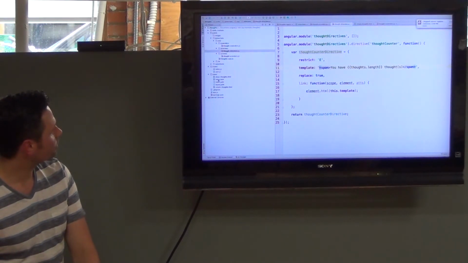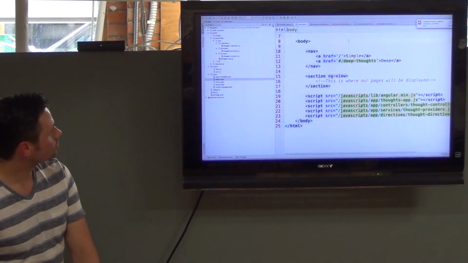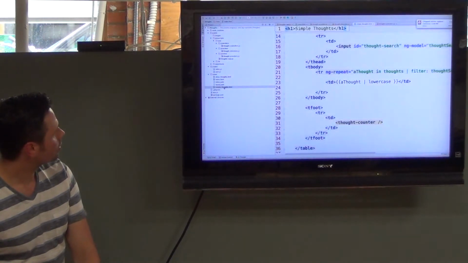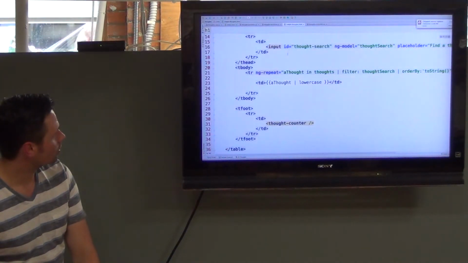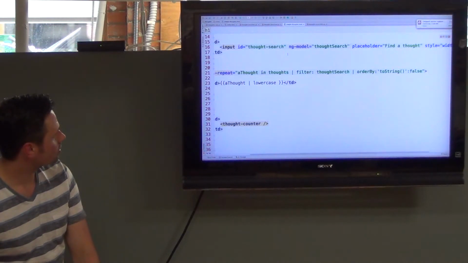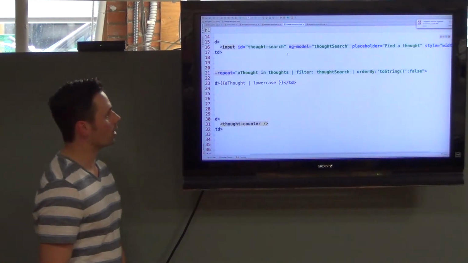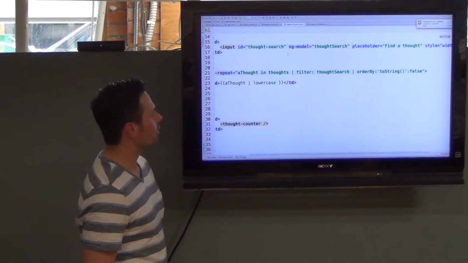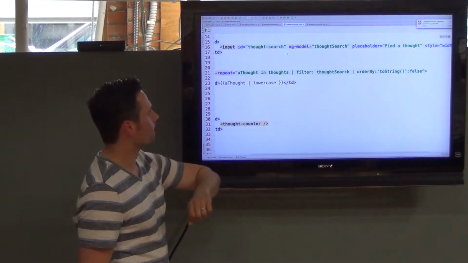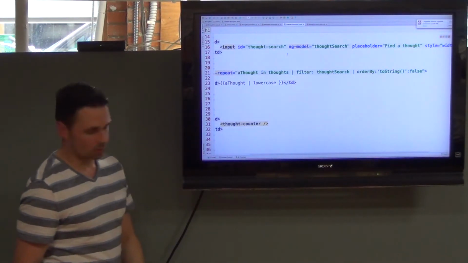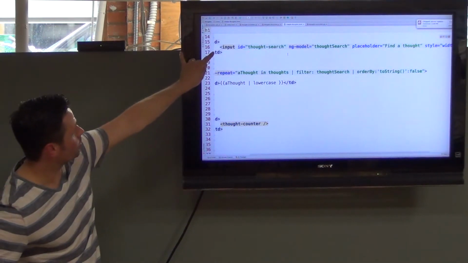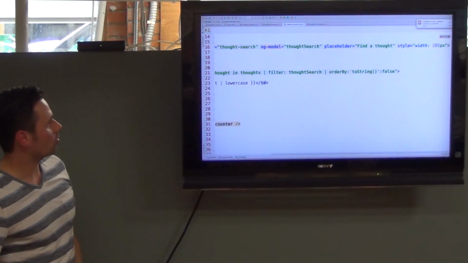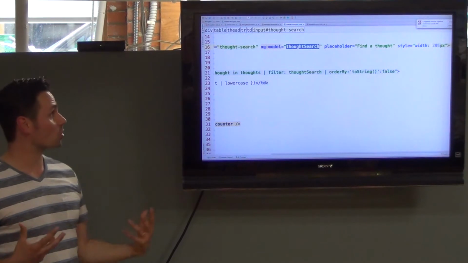So we look at our HTML. Oh, sorry, wrong place. I think I applied the search only to this particular one. So we're piping our array through 2 different filters. We filter, this is a built-in Angular directive. We actually want to filter based on the input that we've defined at the top. So you can see I have an input field here at line 16 called thought search. So what AngularJS has done is it's created something in the scope called thought search,